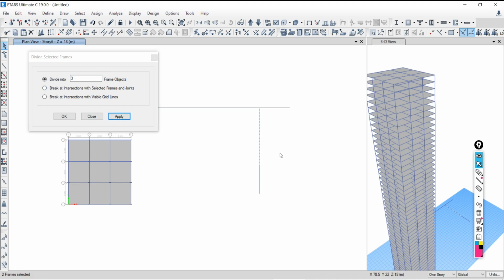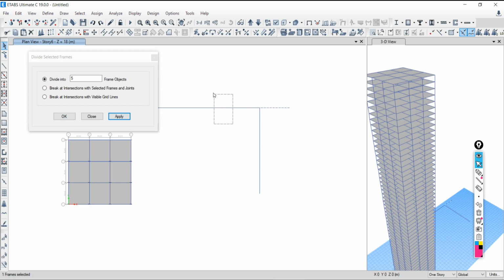See, 1, 2, 3. Understood? Undo. If you want to divide it into 5 parts, just put 5, say Apply. 1, 2, 3, 4, 5. And undo this. This is one frame.